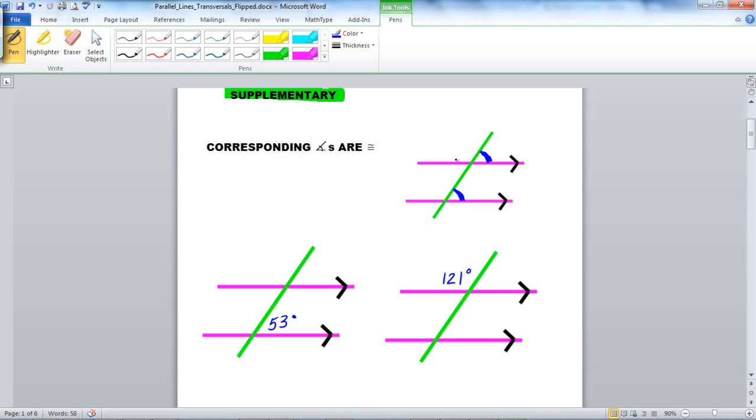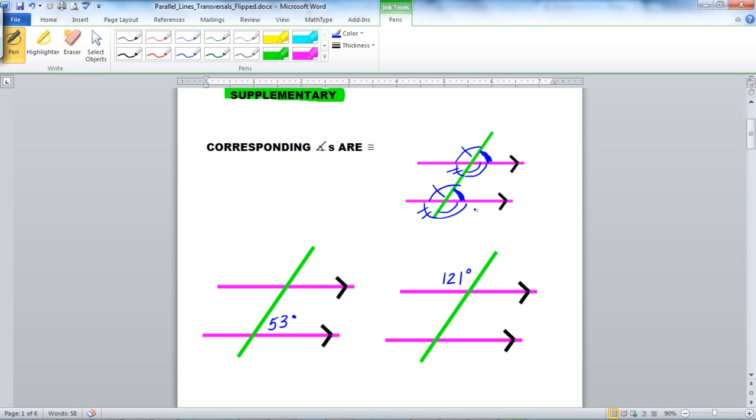Here's another pair of corresponding angles. I can go to that angle here and this angle here. I could go this angle to this angle, and I could go to this angle here and to that angle there. So I've got four sets of corresponding angles, which looks very messy right now, but when we look at the example right here,